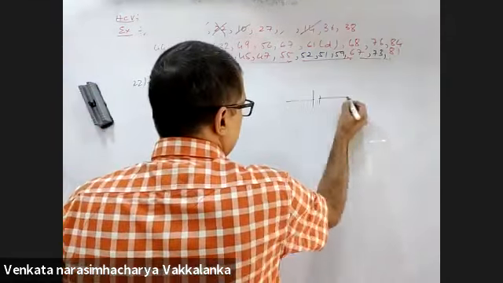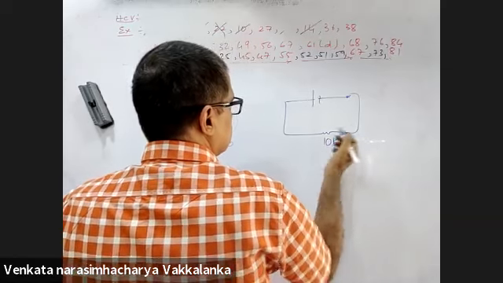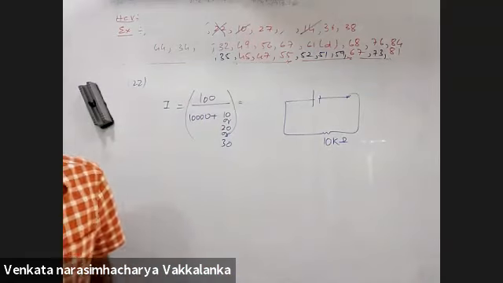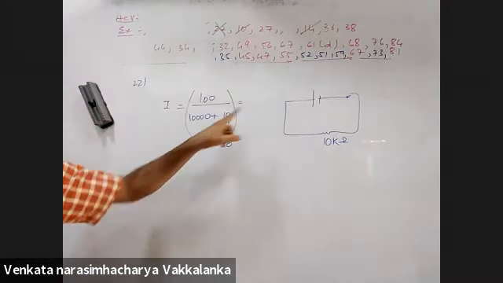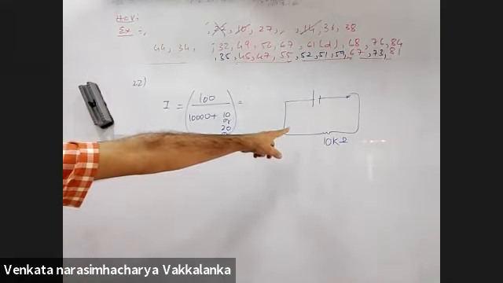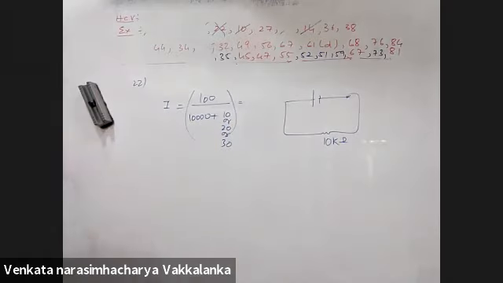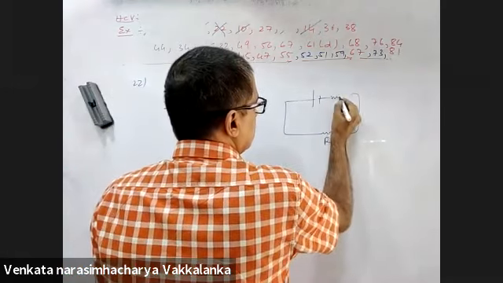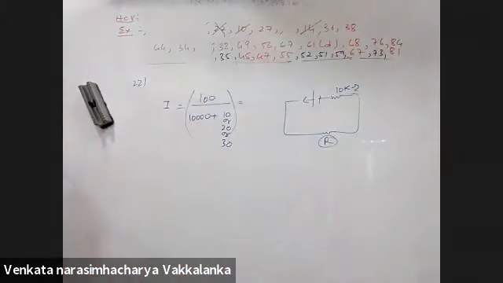If you have a battery and you place a very high resistance here, say 10 kilo ohms, in series, the system is used as a source of current to an external resistance R. We call this R, and this 10 kilo ohms. For small values of R, the current will be the same.